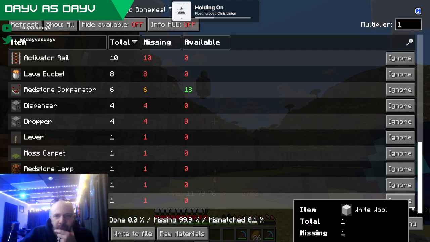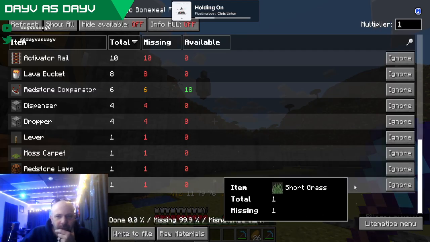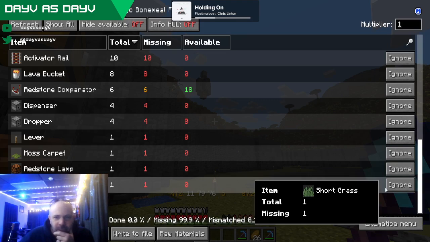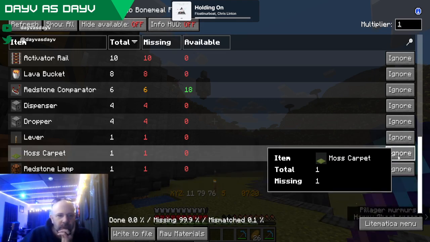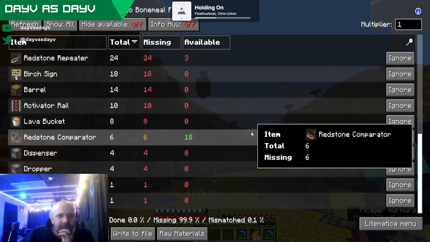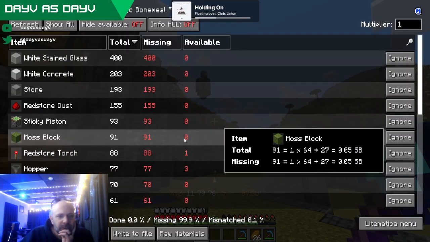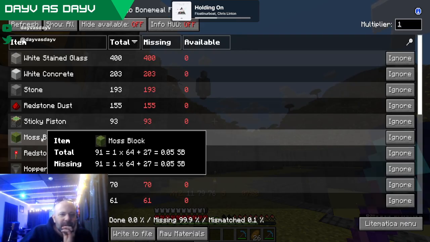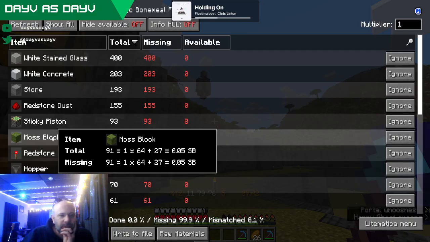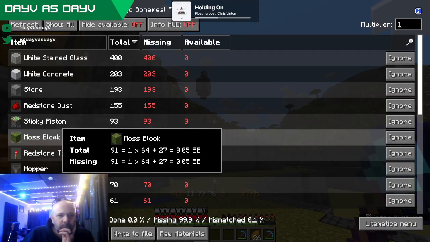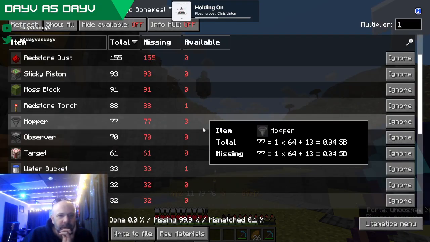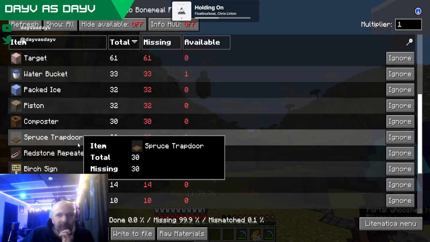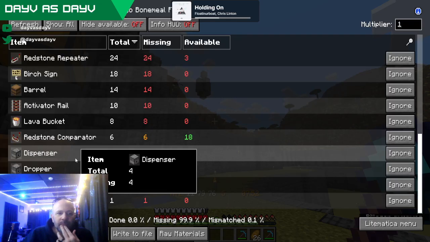This one, we're going to ignore. It's not necessary at all. Short grass, no, not necessary at all. Moss carpet, not necessary. Some of these things are just what's in there. The moss box has been bone mealed, so you don't need 91 moss box either. They made a schematic after it had been used a little bit, so let's go ahead and gather this stuff up.